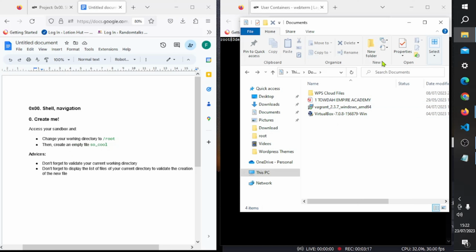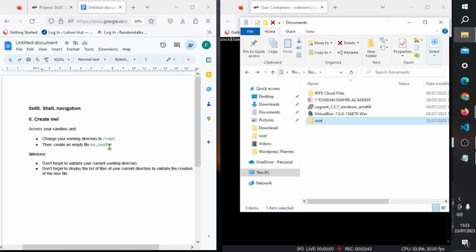First, let's say our working directory is root. Let's create a new folder, root. So this is a new folder. Initially I should have it, but I don't have. So that is that. Then in this root directory, in this root folder, I need to create an empty file